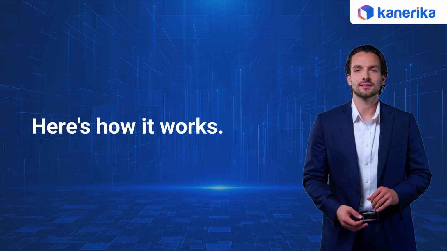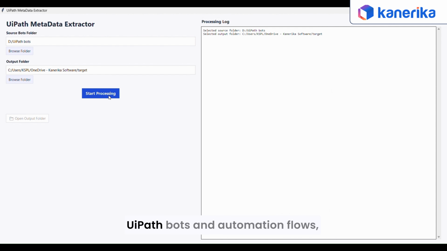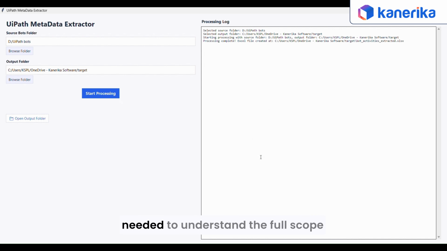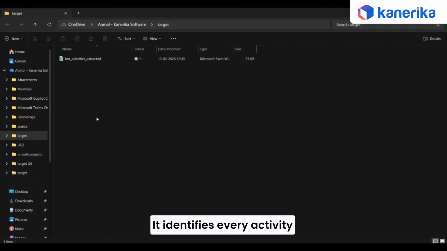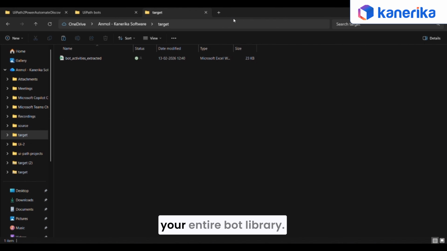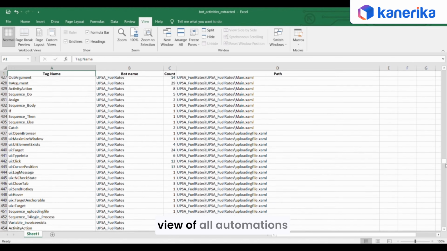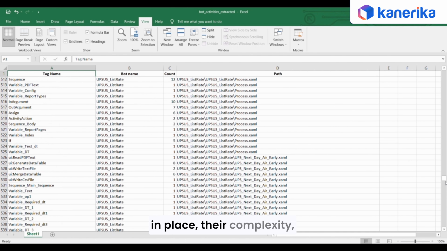Here's how it works. The utility scans all your existing UiPath bots and automation flows, extracting the key information needed to understand the full scope of your current environment. It identifies every activity and subprocess across your entire bot library. The output is a structured metadata report that captures a comprehensive view of all automations in place, their complexity, and